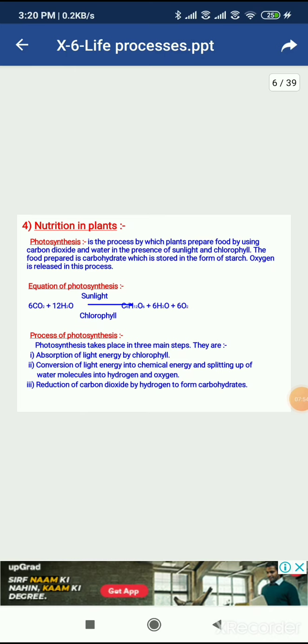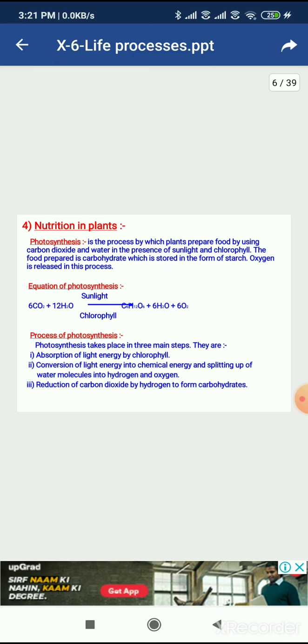Nutrition in plants. We will study one by one nutrition in plants and then nutrition in animals. So first of all, nutrition in plants. We already studied that plants have autotrophic mode of nutrition, which means that they prepare their food on their own. They do not depend on others for their food. They prepare their food by the process of photosynthesis. This is the process by which plants prepare food by using carbon dioxide and water in the presence of sunlight and chlorophyll. The food prepared is a carbohydrate which is stored in the form of starch, and oxygen is released